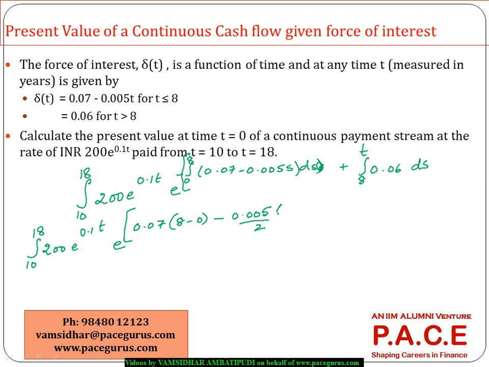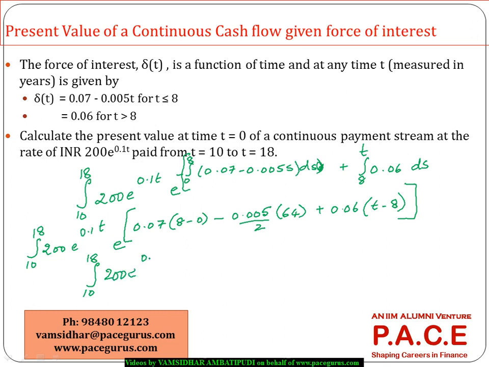So by 2 into s squared, 8 squared minus 0 squared. So this becomes 64 plus 0.06, if I am integrating 0.06 s. I'll take it as t minus 8. So this is the evaluation of the inside integral. So this will still remain 10 to 18,